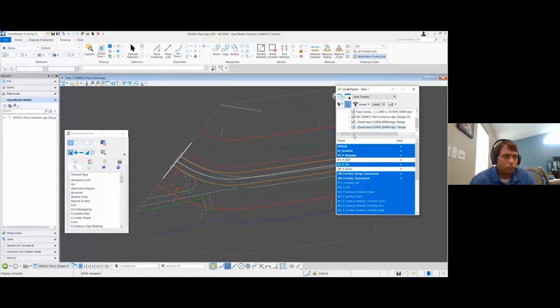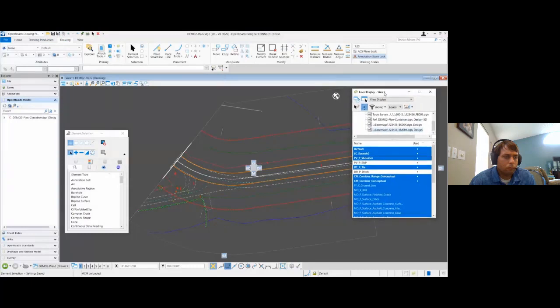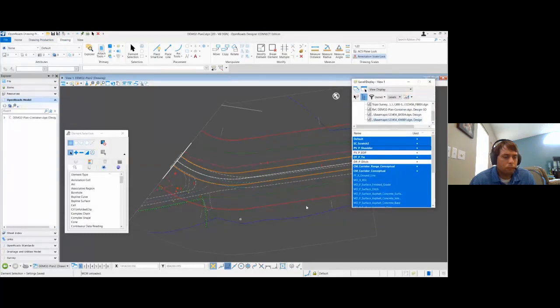If I control it in view display, then I can do these one-off changes when I need it to be different. But if I need it to be the same across all like 5 sheets, the global display comes into play here. So it actually is working. It just took a little bit of tinkering around to really figure out how it's working. So hopefully this is beneficial to you guys, and you guys are seeing how this is working, and I didn't confuse you guys more. So global display.